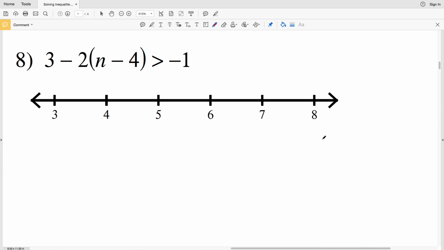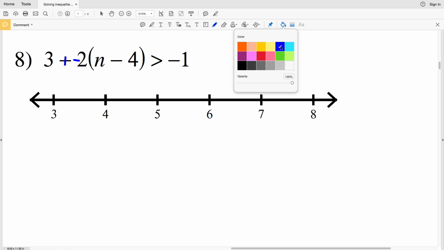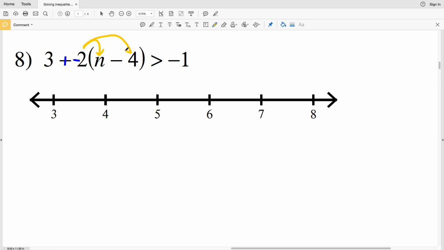In number 8, again, I'll start with distribution. I'm going to distribute this 2. However, I'm going to think of it as adding a negative 2. So I'm going to distribute the negative 2 to the n and to the 4 with subtraction in between those two terms. So I'll have 3 plus negative 2 times n is negative 2n minus negative 2 times 4 is